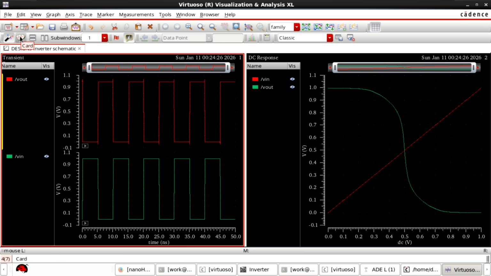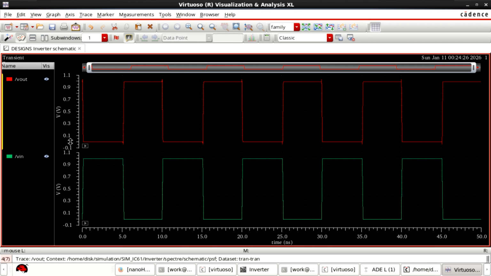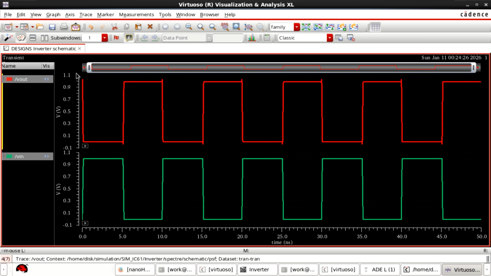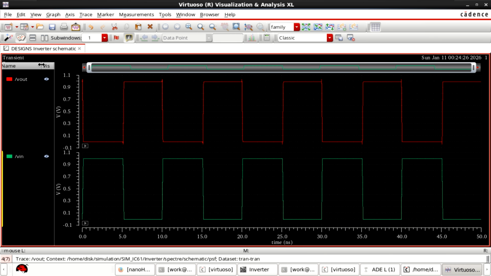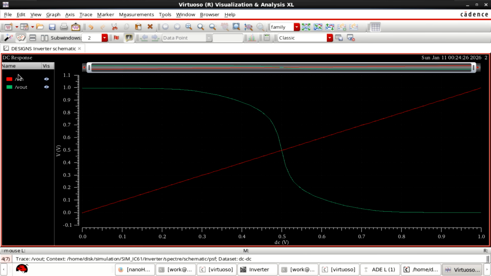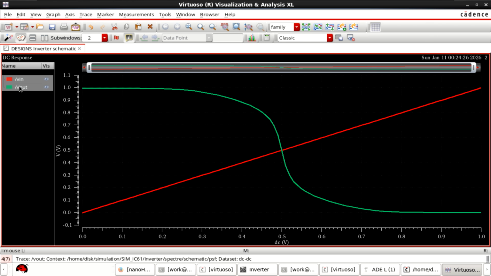You can click on this card to see the input and output transient response. Similarly, back onto this auto, and this represents the DC characteristics of a virtual source